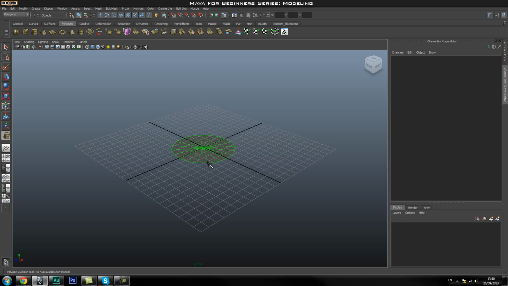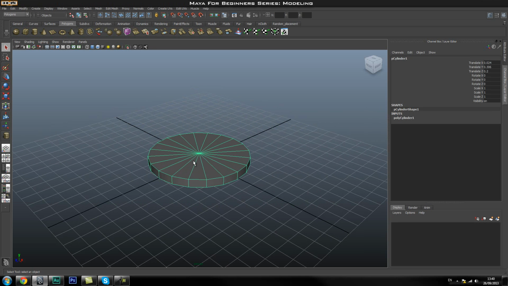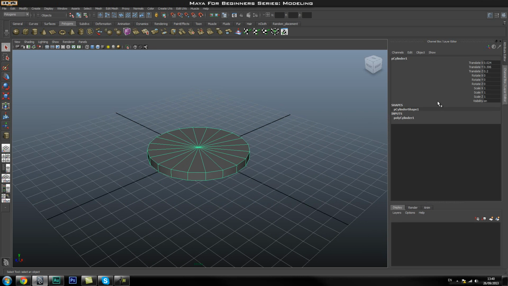So I'm going to click our cylinder, and then we're going to drag out around the middle of our grid. So I'm clicking and dragging, then let go, click and drag again to give it a height. And as you can tell, we got our cylinder. Now as you can notice in our channel box, this will pop up, and in the X direction, we're going to zero this out, and this way it will move it exactly into the center of our grid,